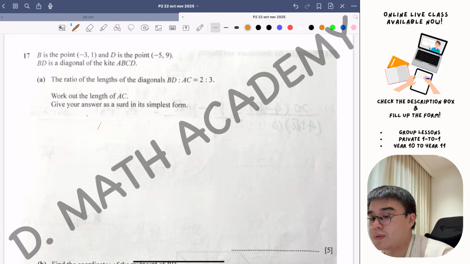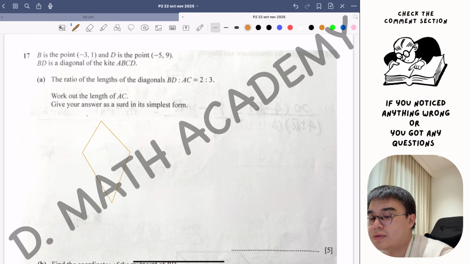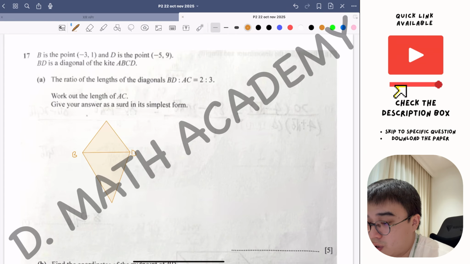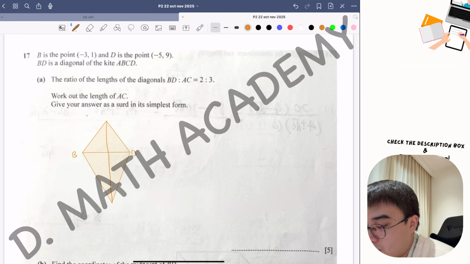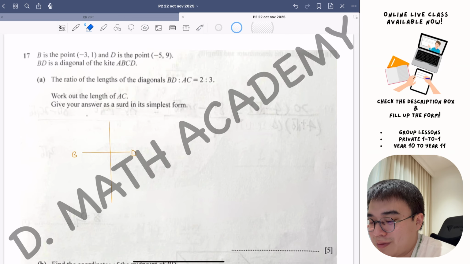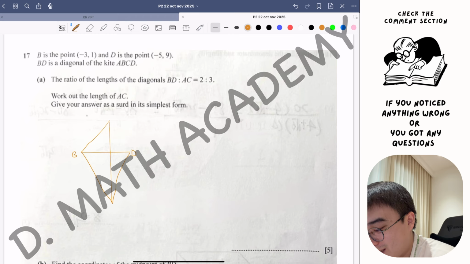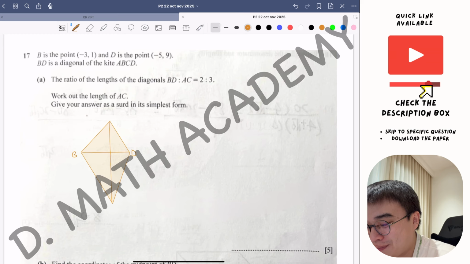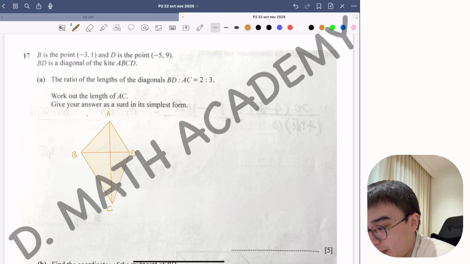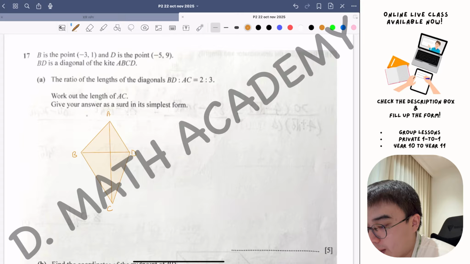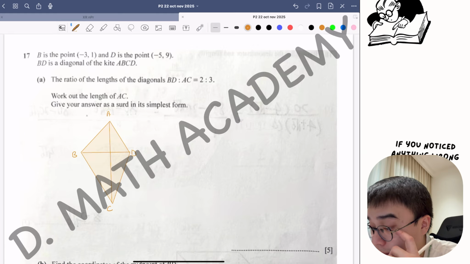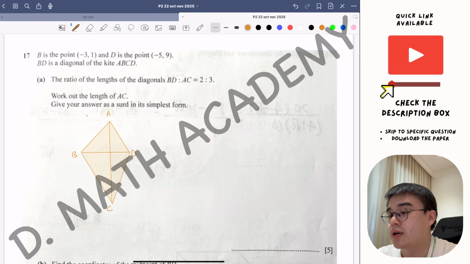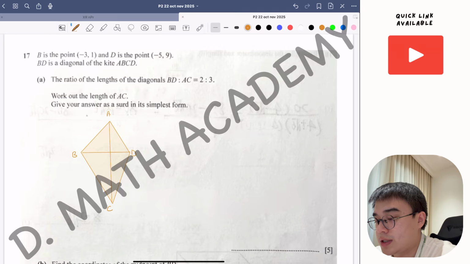So this tells us that if we were to draw out a kite, this is how it's going to look. This so-called center here is your B and D because they are shorter. And then this part here will be the A and the C. Sorry for drawing such an ugly kite. Okay, it's not really proportionate, but you get the idea. So our BD turns out to be 2, and then they wanted us to find AC's length. BD is like the straight line, so you can just straight away calculate the length of it. So the length formula is,